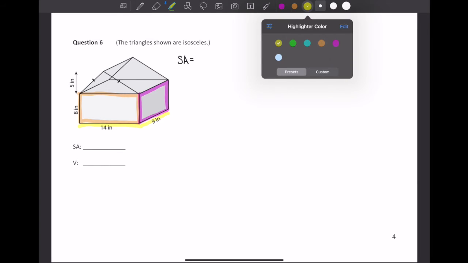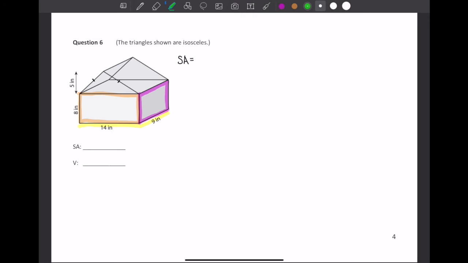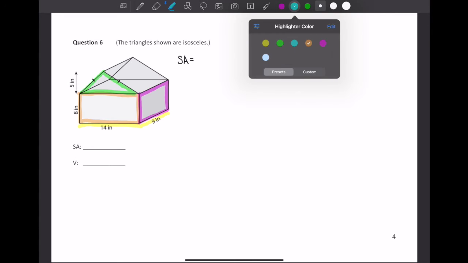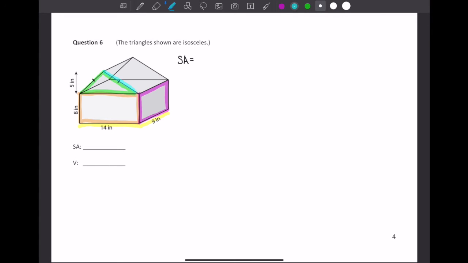The roof of the house is made up of 2 triangles, one in the front, one in the back, and also the slanty part of the roof is made up of 2 rectangles. So, to find the surface area, we can find the area of the 2 triangles